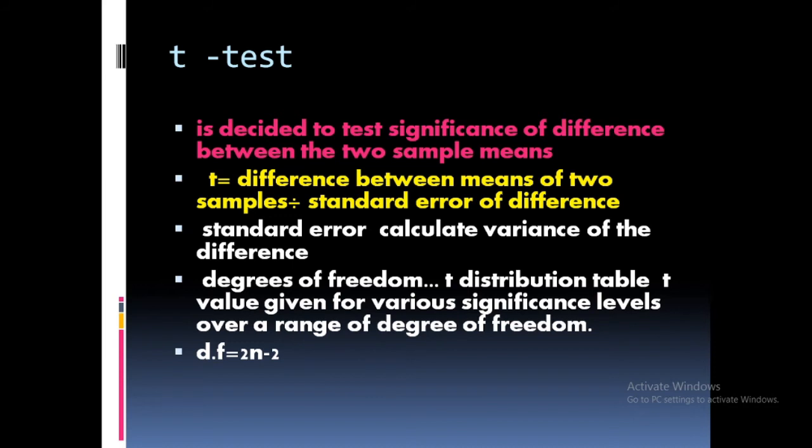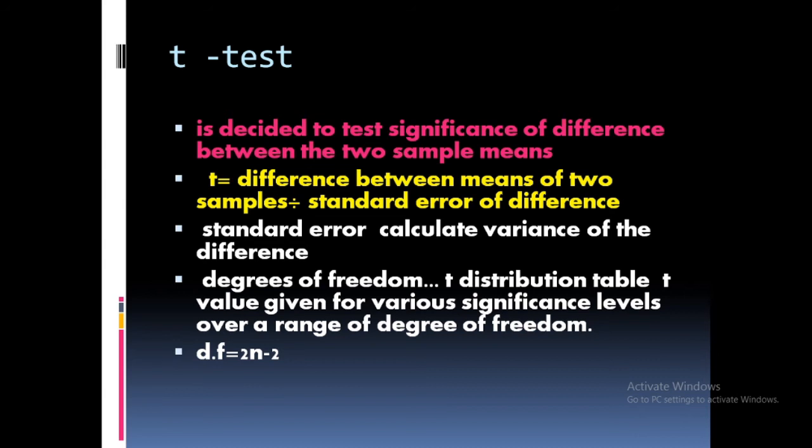Then you will compare this t value. How? Take the t value, then in the table of t values you can see degrees of freedom and level of significance. Take 0.05 as the level of significance, then from 0.05 down is the degrees of freedom. For example, if n is 2, then 2 into 2, 4 minus 2, degrees of freedom is 2. So take degrees of freedom 2, then from the other side level of significance 5, and you will get a value, that is the table value, the t value in the table.